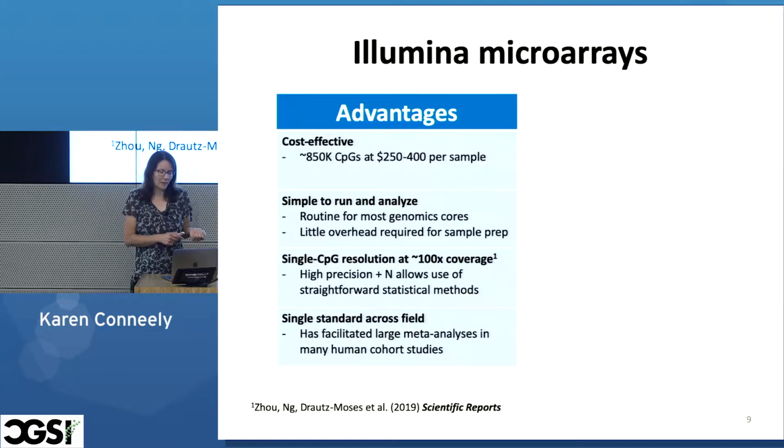You get great resolution. You get single CpG resolution for like 850,000 CpGs. And it's been compared to sequencing, and it seems to give precision that's equivalent to about 100x coverage. And so this is really great. For the almost 1 million CpGs we get, we really have nice deep coverage. This high precision, along with the high ends we can usually get because it's so affordable, means that